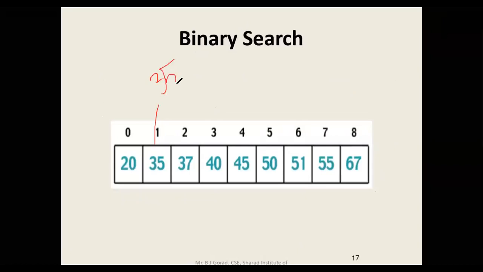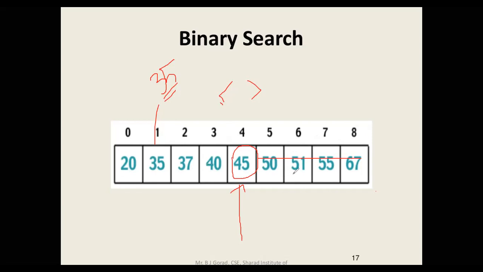Initially, we can see that 35 is here, but the computer doesn't understand that 35 is here. The computer will start at the middle of the array. In this whole array, we can see this is the middle. Why? Because there are 4 items on this side and 4 on this side. It will compare this item with the number I'm searching. Are they equal? No, right? 35 is not equal, so it will compare whether it's greater than 45 or less than 45. As we can see, 35 is less than 45. So you don't have to search this whole area, and this single operation saves you half of the array.